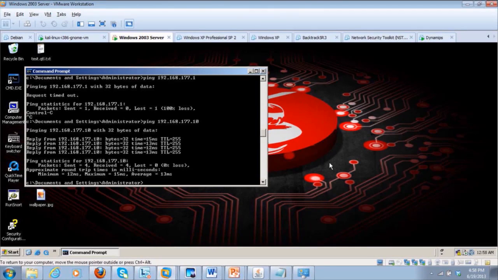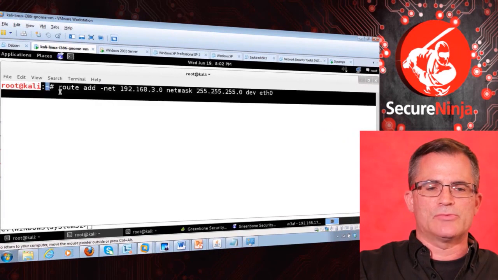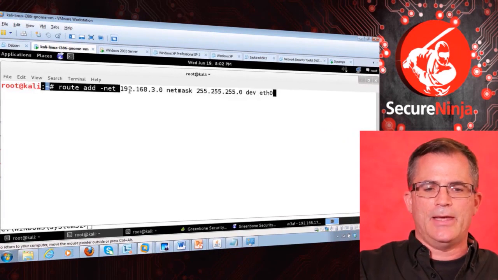Okay, so now what we're going to do is try to configure an access control list. Okay? So what we have here is an actual reply, so we know we got connectivity, but we want to make sure we got connectivity from the machine we're going to use to verify our router access control list. So on our BackTrack machine, if we ping right now, it wouldn't work. We have to put in a route. So the route command is route add -net